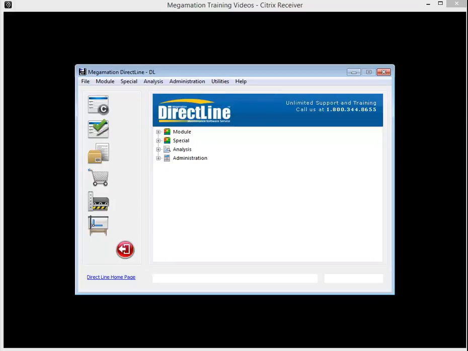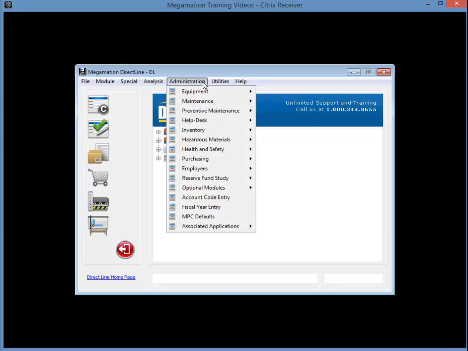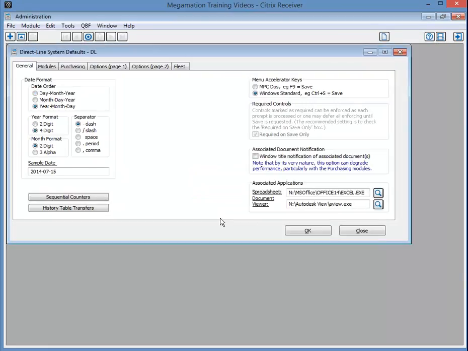In this video we'll go over the MPC defaults, or the default settings for our Direct Line software. From the main menu, click over Administration and the MPC Defaults submenu. This opens up the Direct Line System Defaults window, and there are multiple tabs where you can change the settings